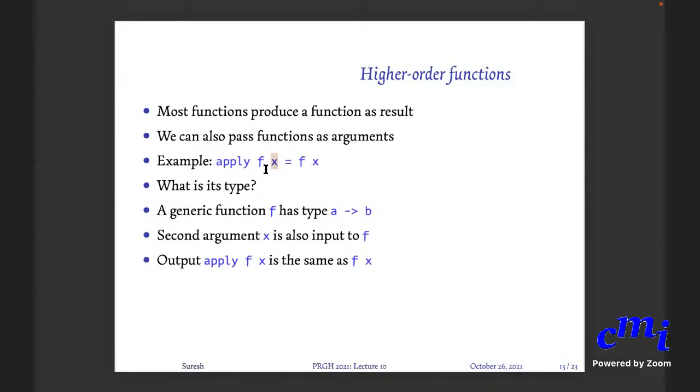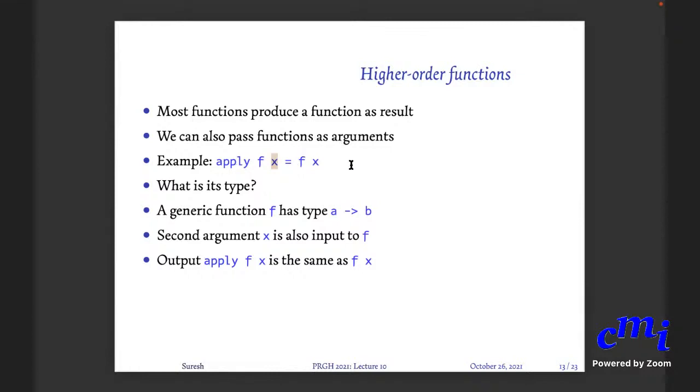But the point is, what is its type? Any generic function will have type a arrow b, because it takes an argument and it produces a result. And the second argument x is something that you apply f to, so it has to have the same type as the input type of f. So it has type a. When you pass the arguments f and x to apply, the result is f applied to x.